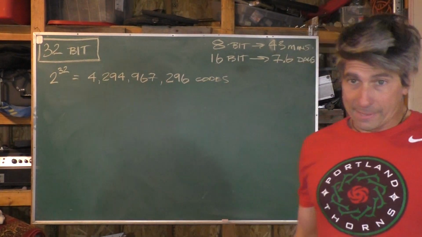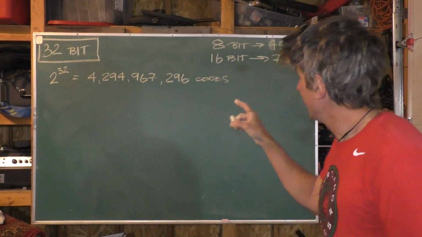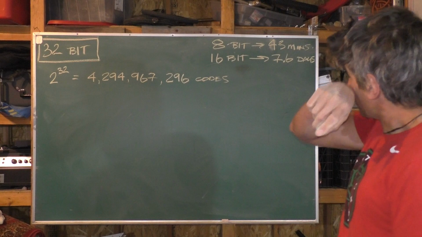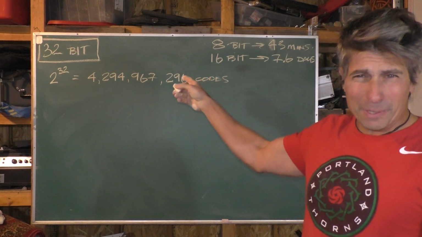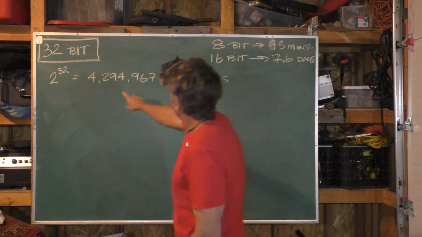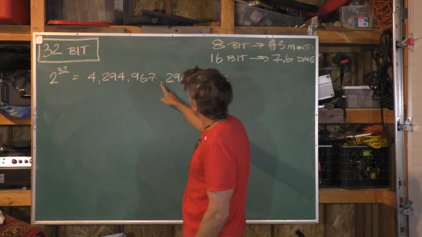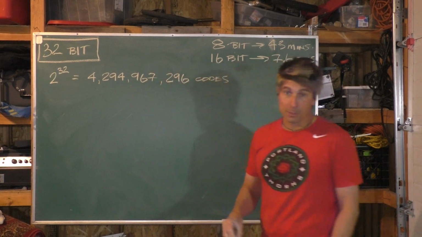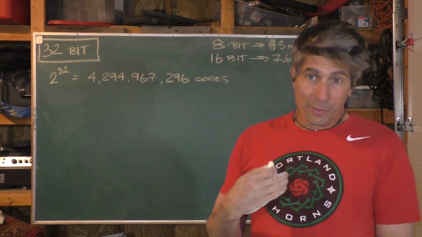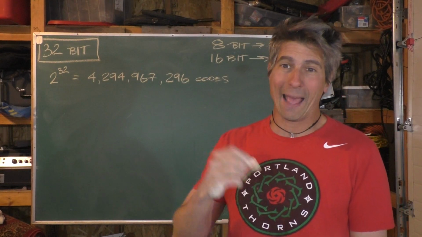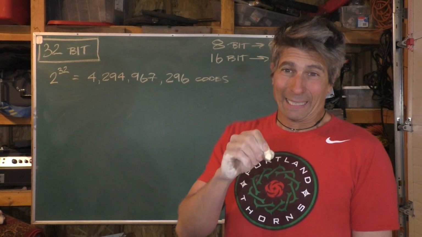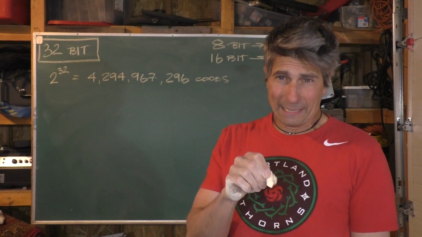Okay, my awesome friends. So now we're at 32-bit. We figured out 8 and 16. I got you caught up to where we did on the PowerPoint. 4,294,967,296 possible codes. We're going to use Sean, the supercomputer, and we're going to have him crack these codes 10